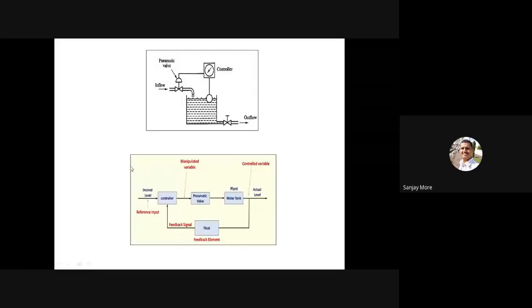It means the actual level decreases or increases. This water tank level is displayed, whether it increases or decreases. Then it gives the instruction to the pneumatic valve to switch on or off, and this instruction is given with the help of the controller. It means the desired level, whether the water level has decreased or increased. This float moving upward or downward gives the indication or direction to the controller to switch the pneumatic valve on or off, meaning continuous or discontinuous flow into the water tank.